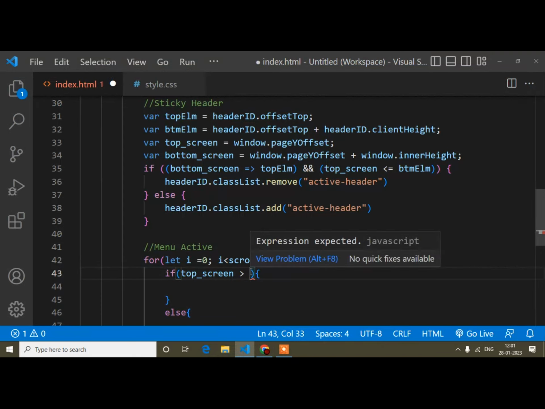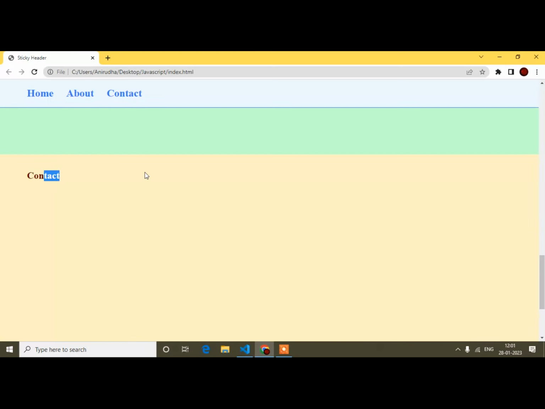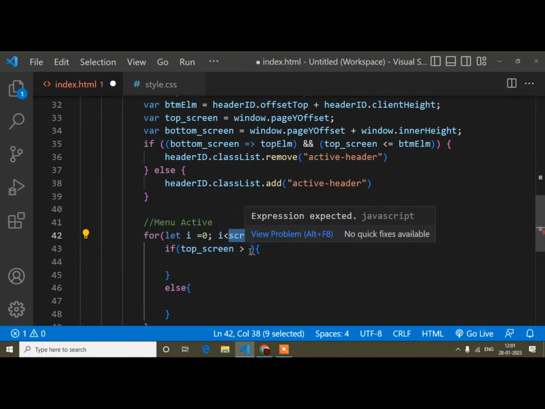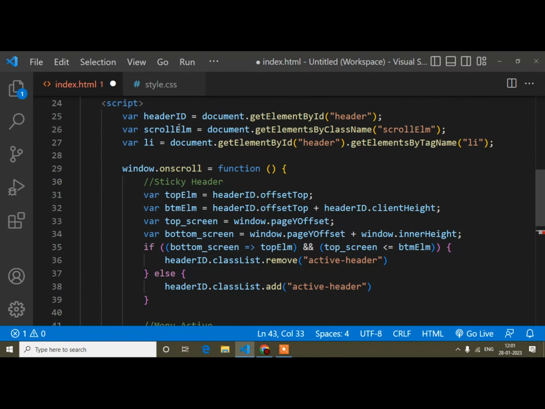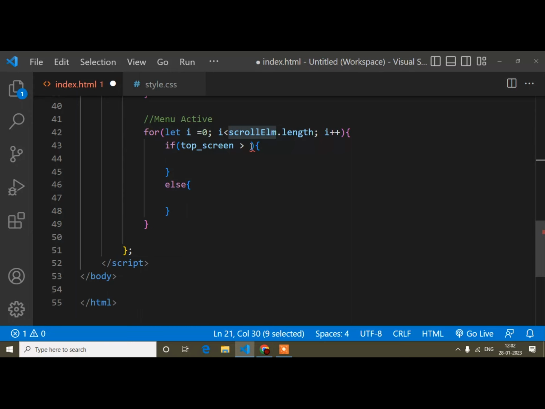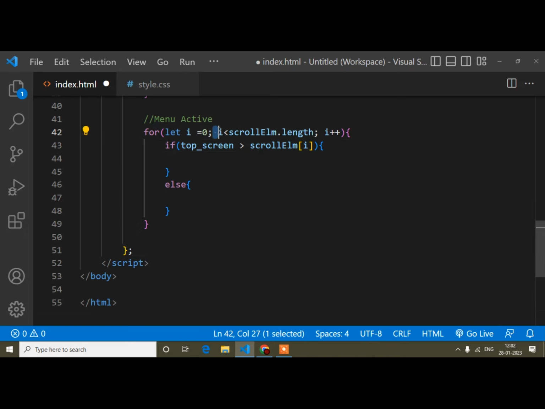Okay, so now I have to take our section's top position. It is very simple, right? Here this is stored in this variable, so I take this one, and this is the reference of our section. Now here I will write i, because i is increasing one by one.